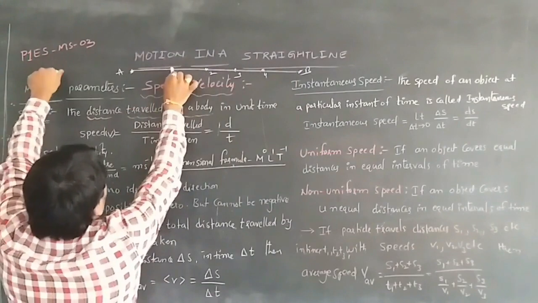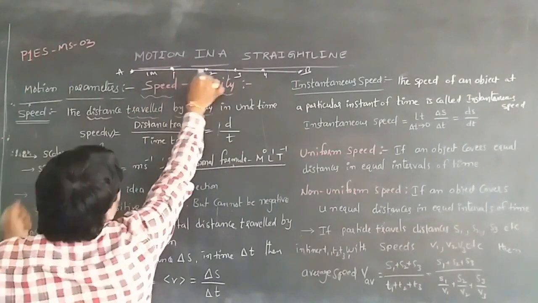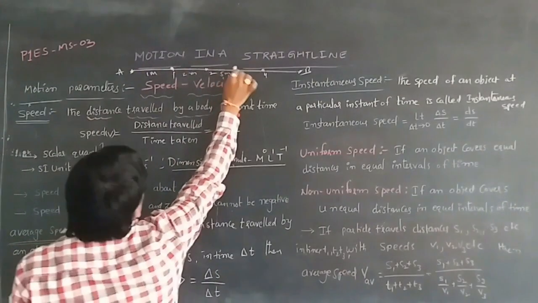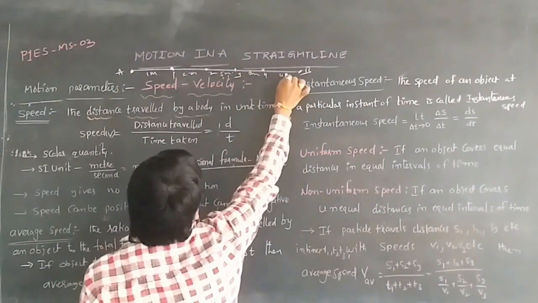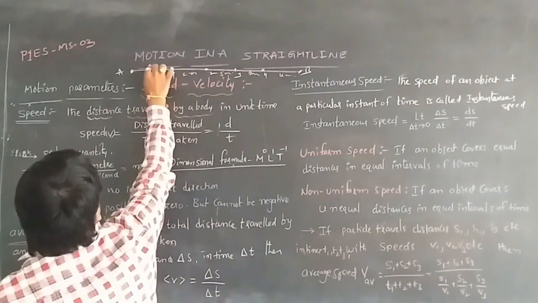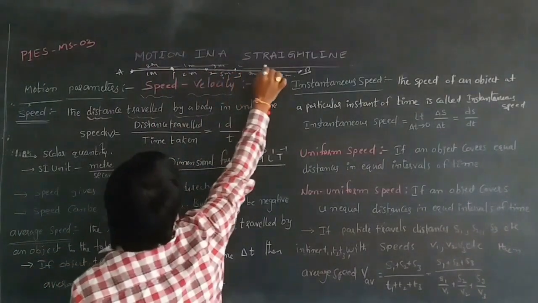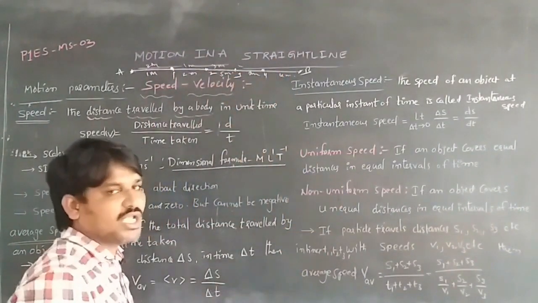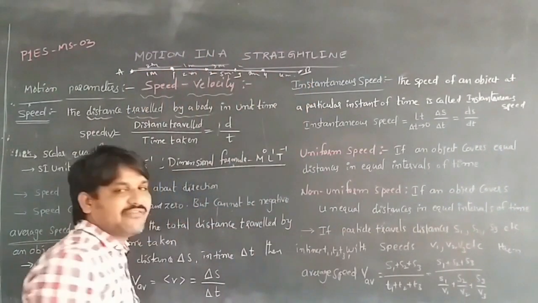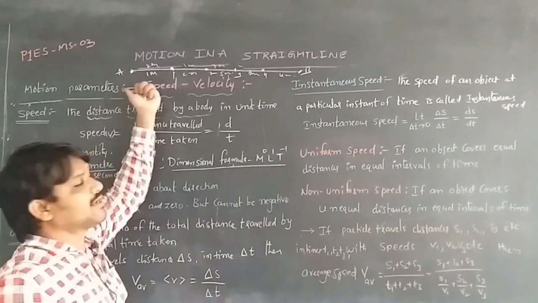From A to point 1 takes 1 minute to travel, 1 to 2 takes 2 minutes, and here 5 minutes, here 3 minutes, here 4 minutes. The distances are different, maybe equal, maybe 2 kilometers, 1 kilometer, 3 kilometers, 4 kilometers, 5 kilometers, like that. Now the average velocity during this total journey, the average speed of the body whenever it started from A and reached B,